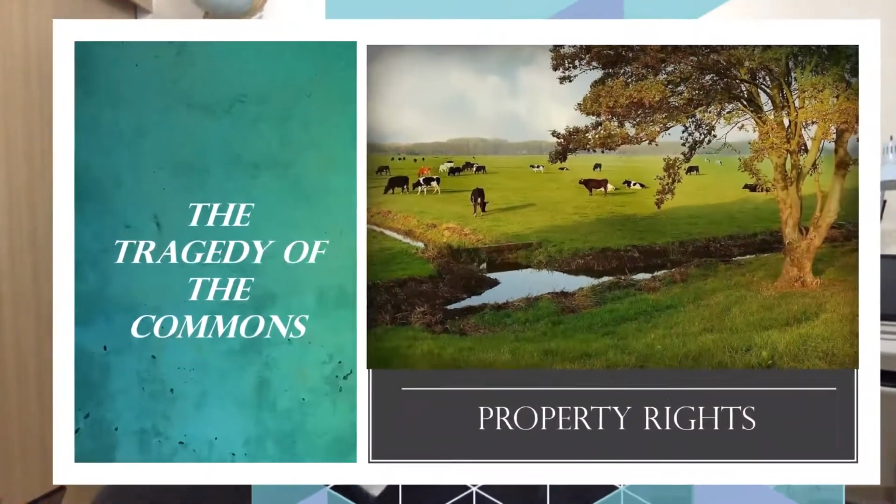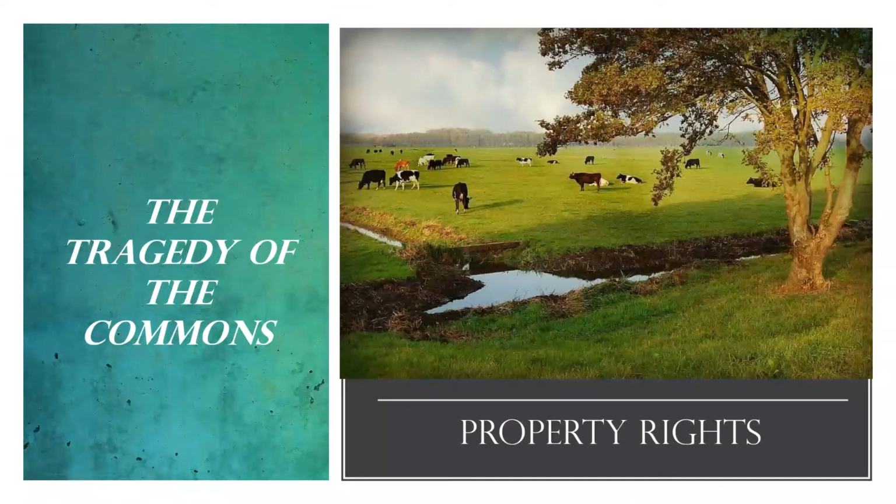Now, what do we mean by property rights? Well, property rights are those rights that give us an entitlement to a property, a title of ownership to a property, right? But when property rights are not clearly established or they are not well defined,